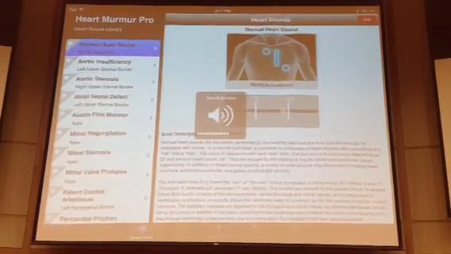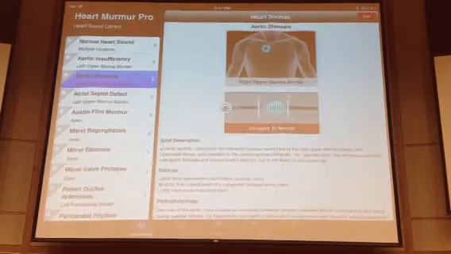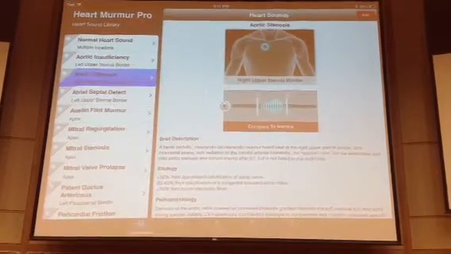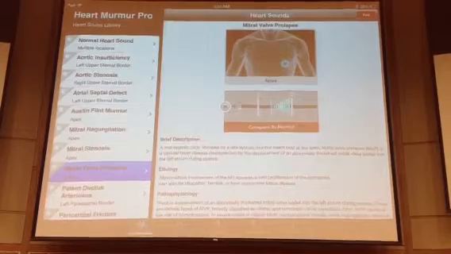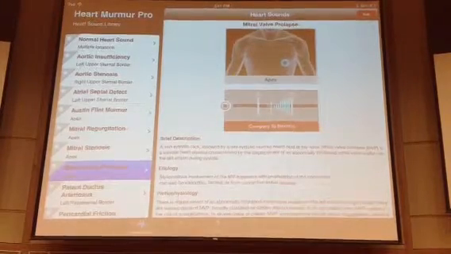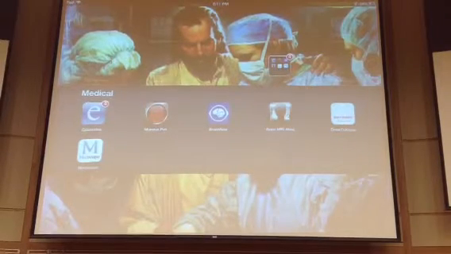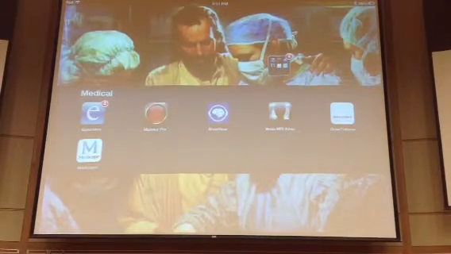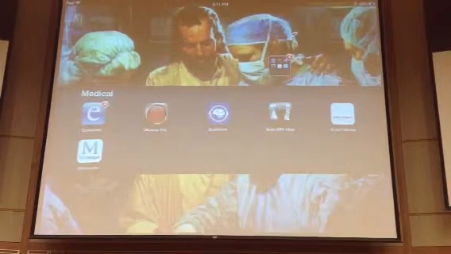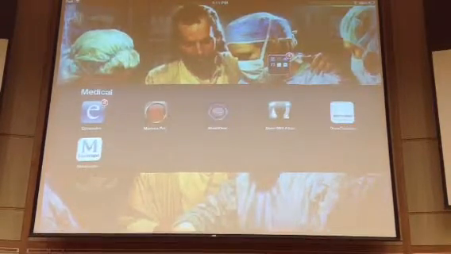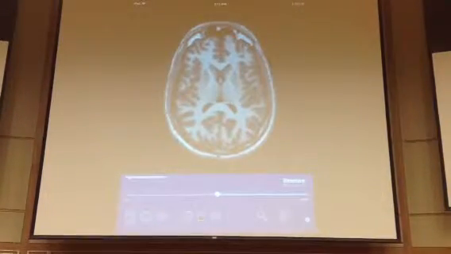But I can play aortic stenosis here, mitral valve prolapse, and it'll tell me everything about each of those diseases, and I can quiz myself. And it's really hard to find a program that will do that. There just aren't good programs out there for that. So use Dr. Warner's program, use Heart Murmur Pro. It's helpful. BrainView's a cool program where you can basically take